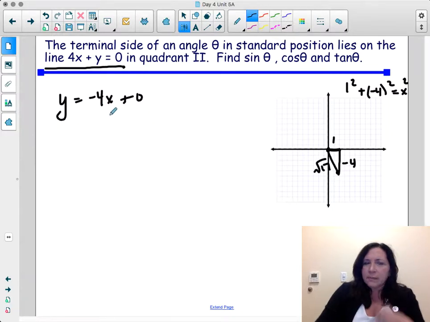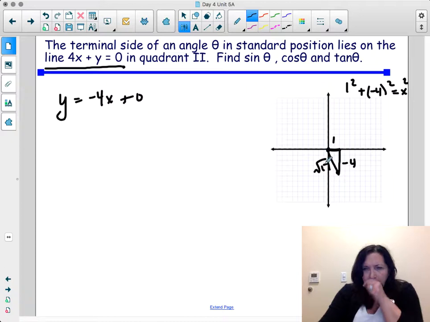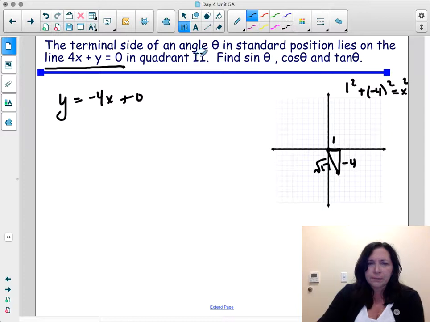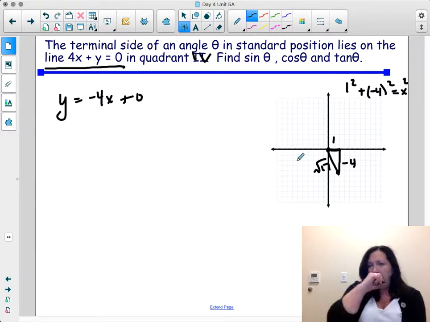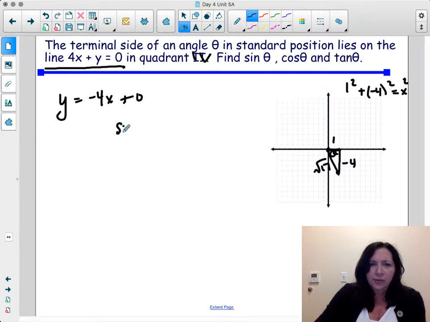So let's see here. 0, down 4. So it can't be in quadrant 2, can it? So we're going to start here. Down 4 over 1. This should be quadrant 4. Okay. Here's theta. So sine of theta, cosine of theta, and tangent of theta is going to be, sine is going